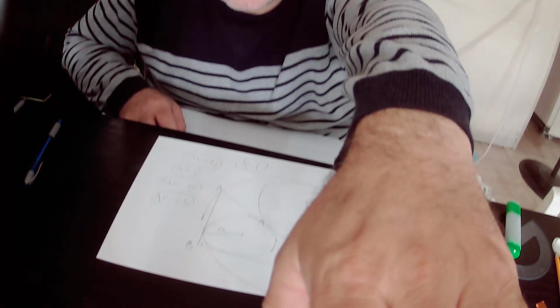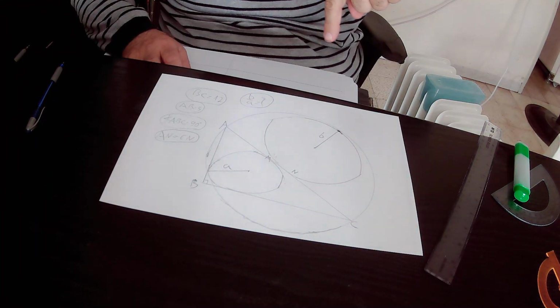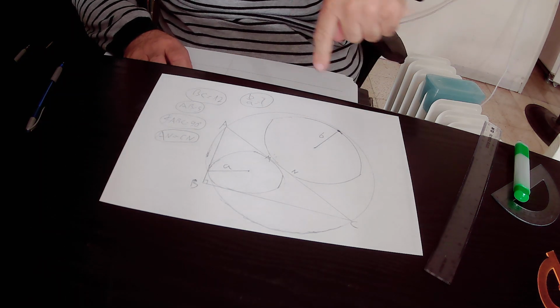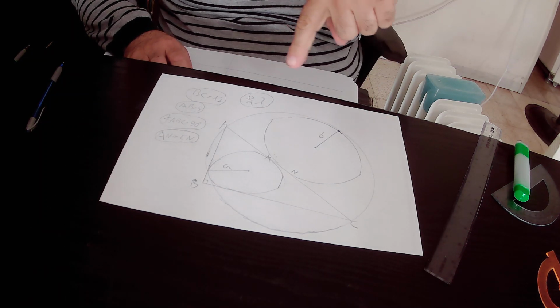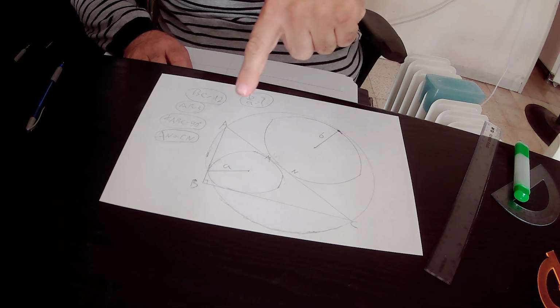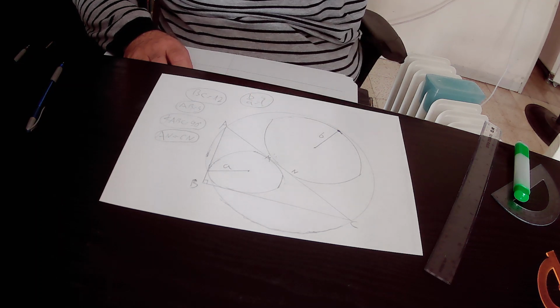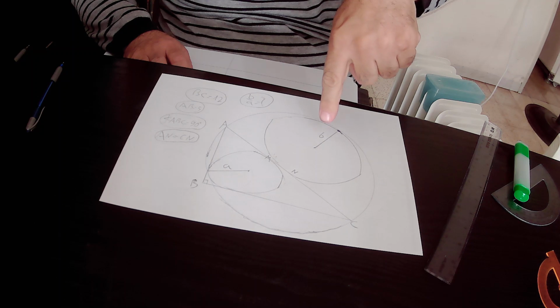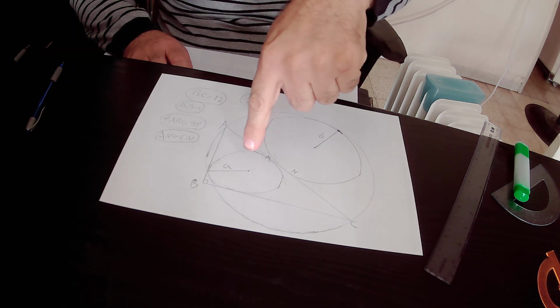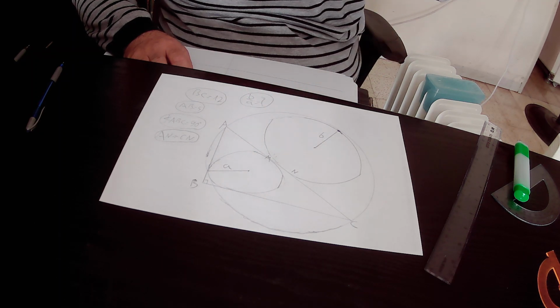Now, in this lecture, we find out the ratio between two radii. In the drawing, we have a big circle. Inside this big circle, we have two small circles. The radius of this circle is B, the radius of this circle is A, and also